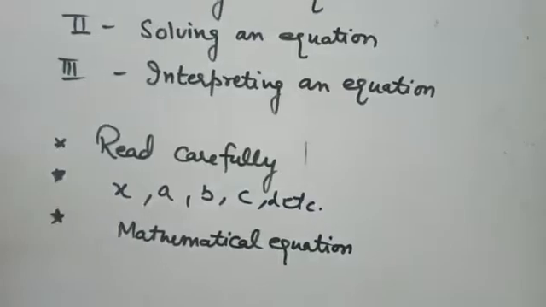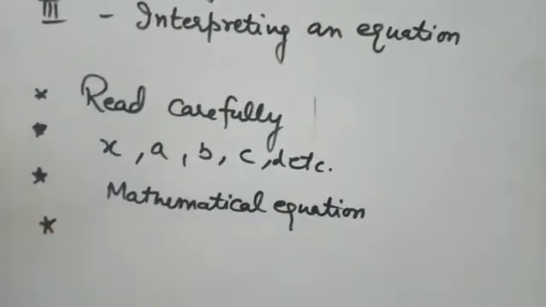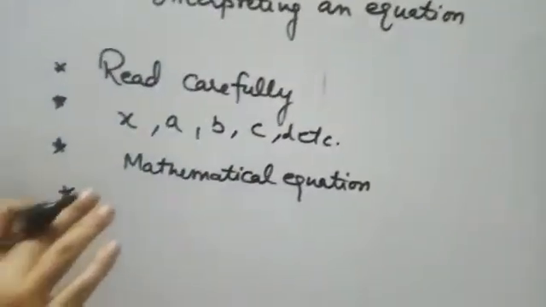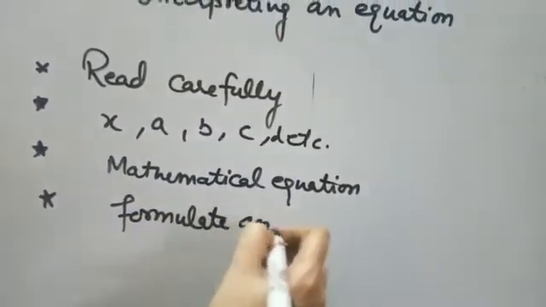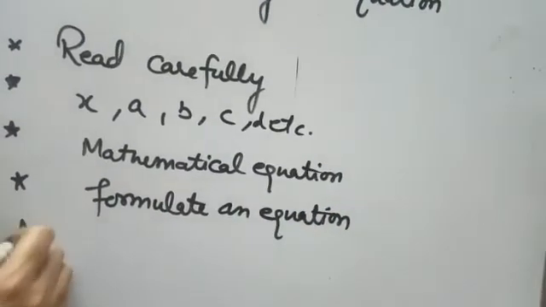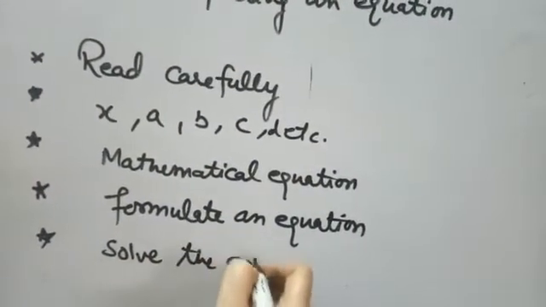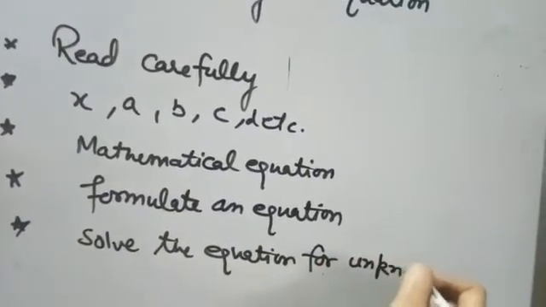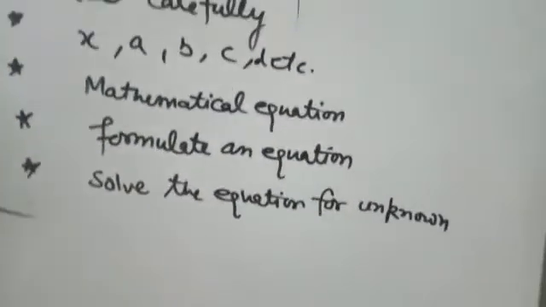The next, use the given conditions in the problem to formulate an equation. And to simplify, using the steps which you have discussed, take the variable on one side and the constant on the other side, and solve the equation to find the value or the solution of the equation. Always solve the equation for the unknown variable which you have taken to form that equation. You have to take care of all these steps while solving a linear equation.